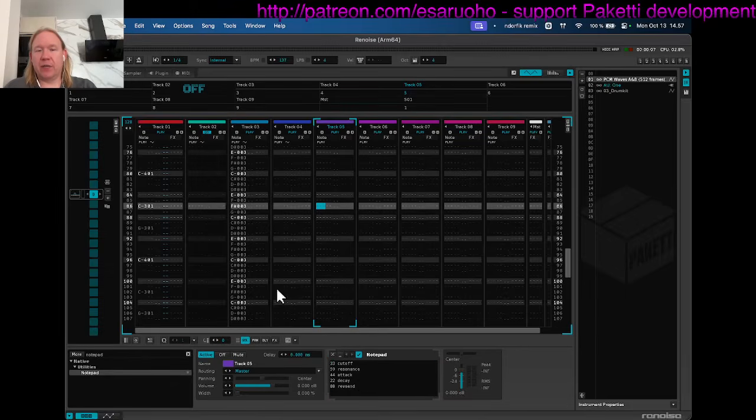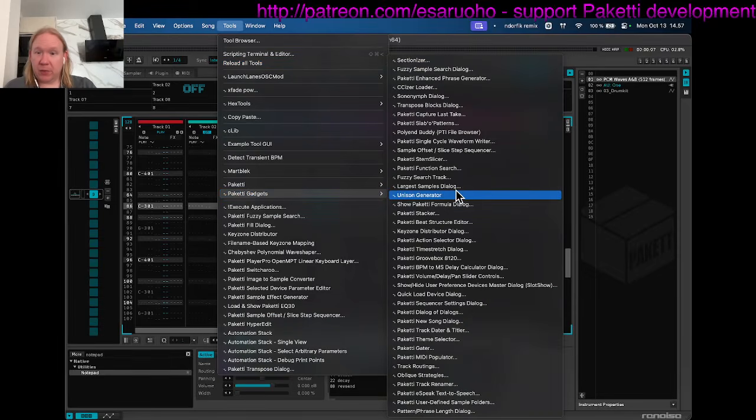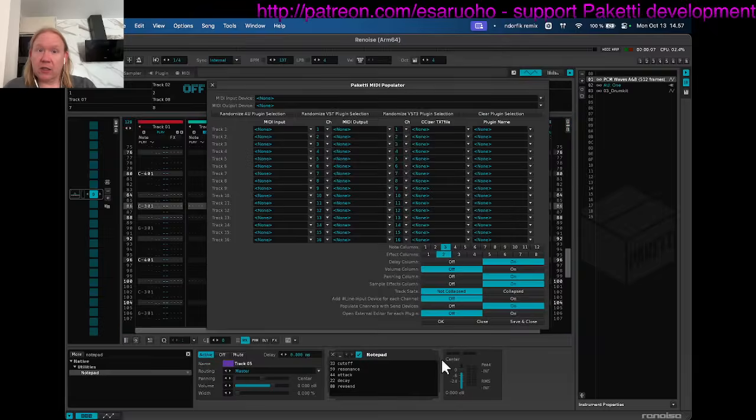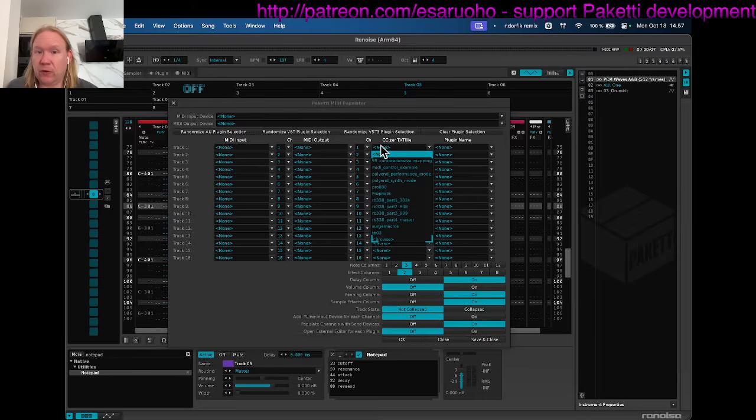I can add it. I've been adding them as I go, and if you look at the Paketti MIDI populator, which is somewhere around here, you can pick from the CZizer text file. So this actually lets you create a completely new bunch of 16 tracks, and they will be receiving MIDI input. They will be sending MIDI output if so configured. And for the MIDI output users, you can also set up synthesizers. So this channel 2 could be Pro 800, channel 1 could be Pro 800, channel 2 could be Prophet 6, then